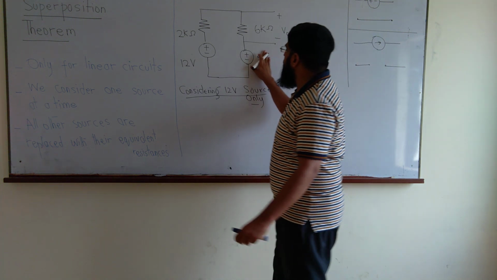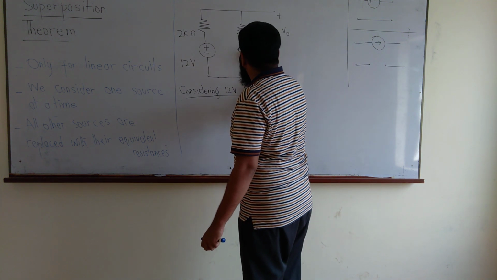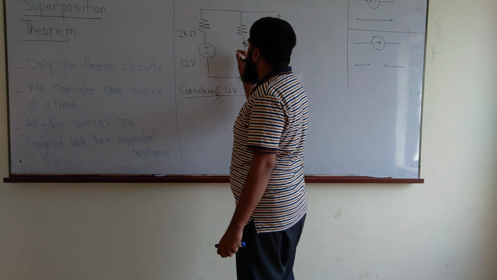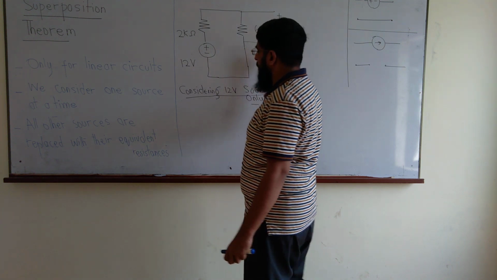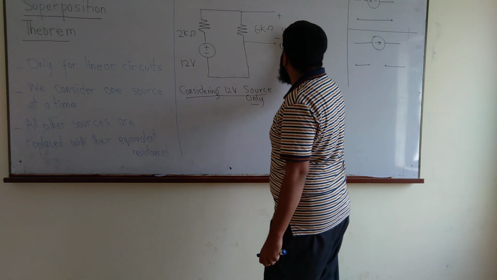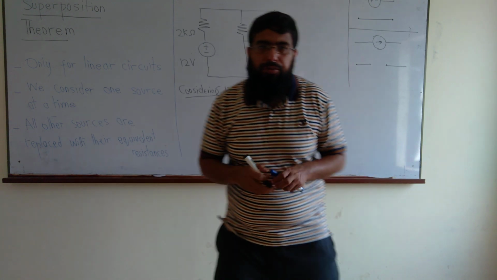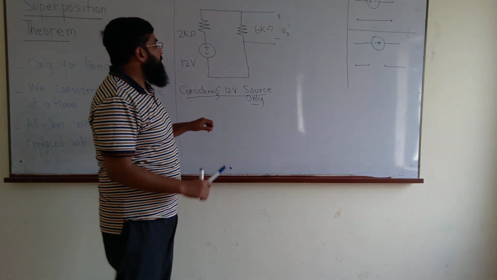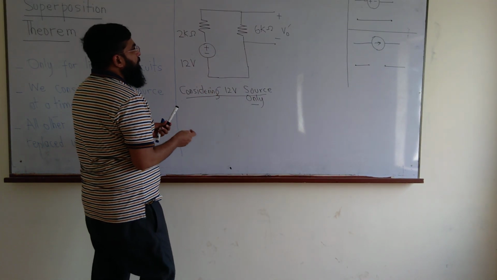So it's a voltage source, it will be replaced with a short circuit. And now we can find this V out. But this V out, we call it V out prime. It's a part of V out. Now we can find V out by applying